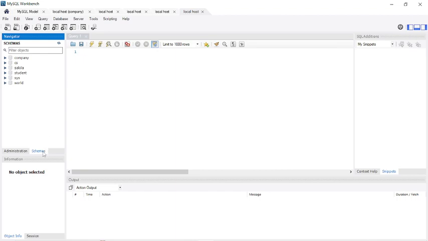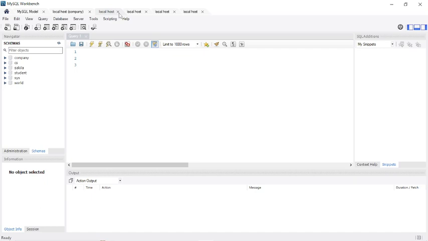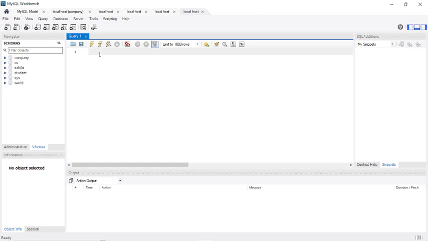So this one is the schema, whatever schemas have been created look here, like company, student, sys, world, and some other schemas that are already created. And these are the tabs, multiple tabs we have opened already, so we can close them one by one. So this one is our tab. We are going to write the queries. So today we start with